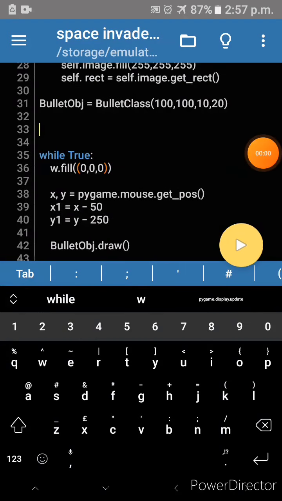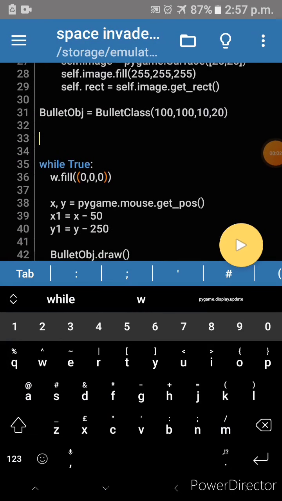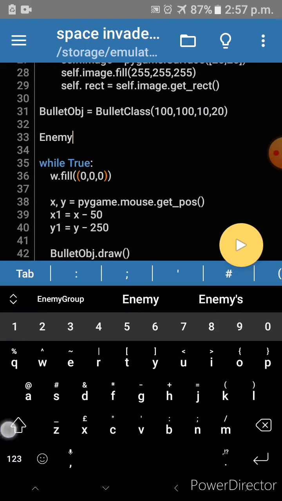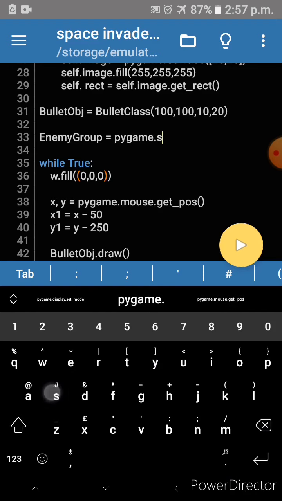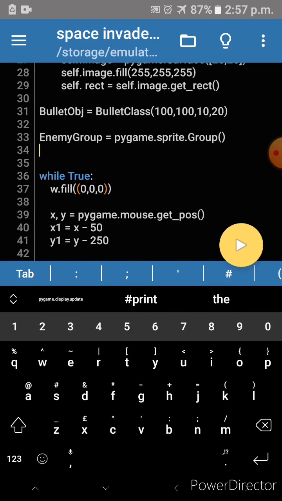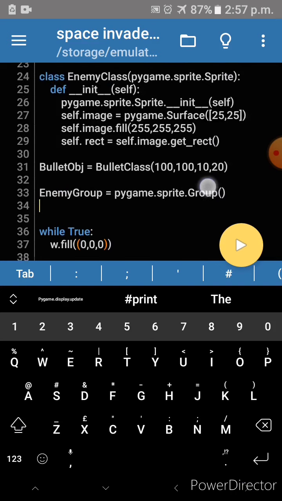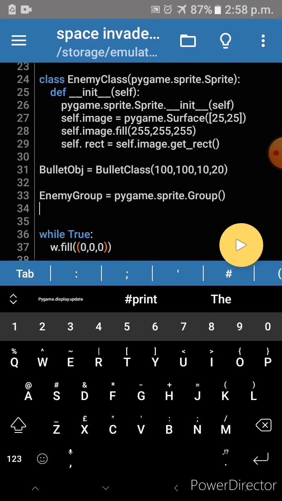In order to draw this sprite on the screen, we need to make a group. I'm going to name it enemy group equal to pygame.sprite.Group. Groups are very important in Pygame sprites. After that we will make an instance of the class like we did in bullet.